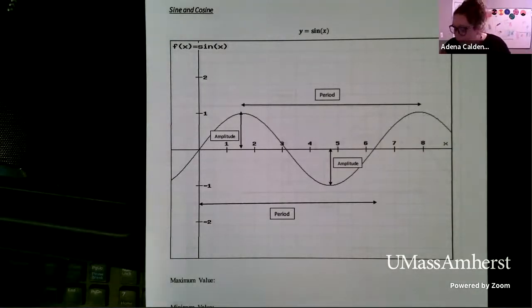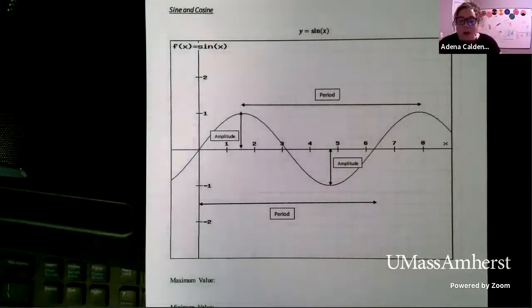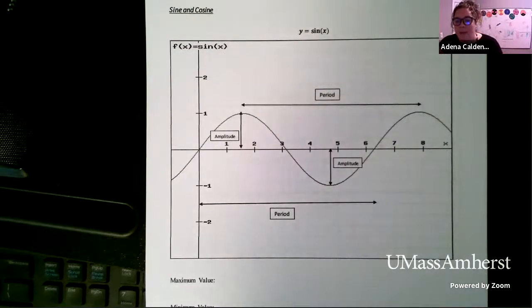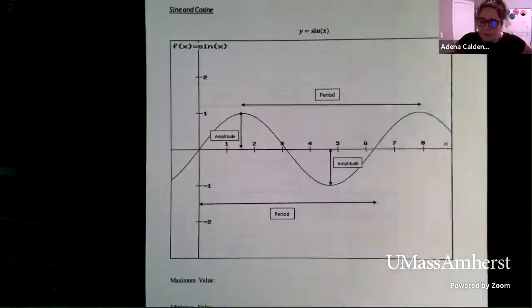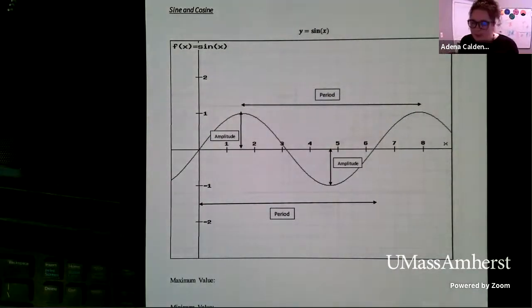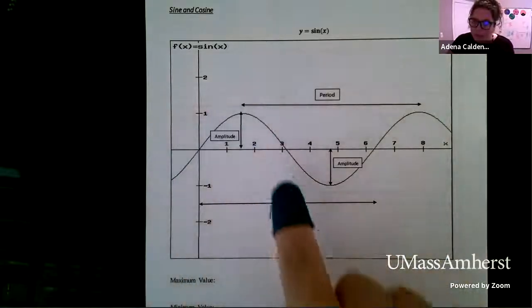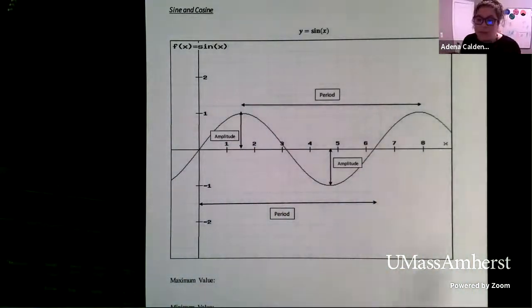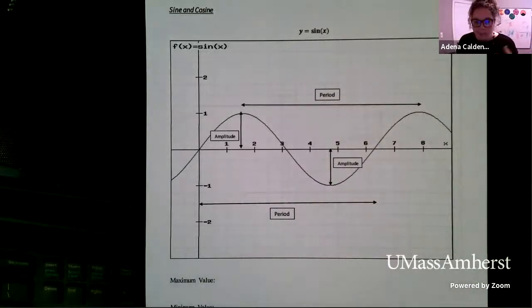Okay, that being said, let's talk about some of the features of sine and how that plays into what we know about periodic functions. So the first thing is sine is a function that repeats itself, right? So once your function starts, it continues to do the same thing over and over forever. Sine goes on forever in both directions, okay? And so it is a periodic function because we can predict what will happen next.